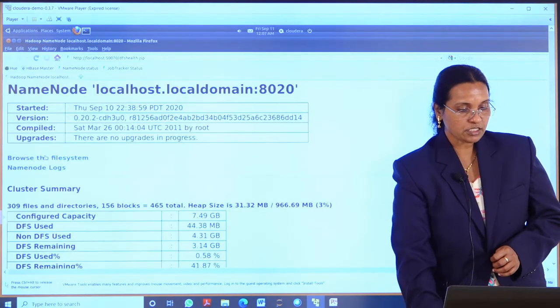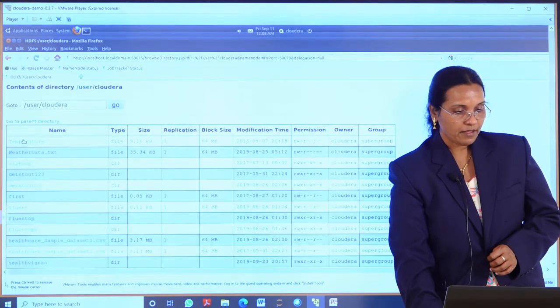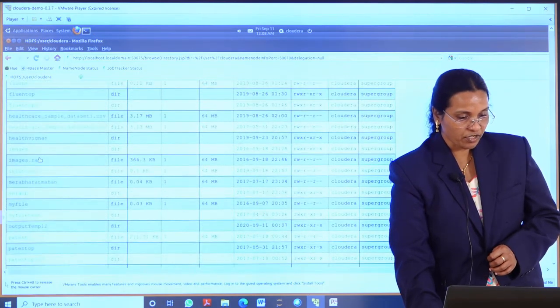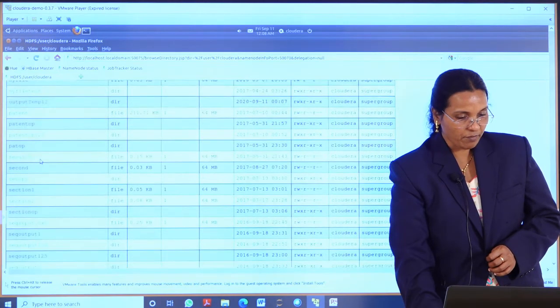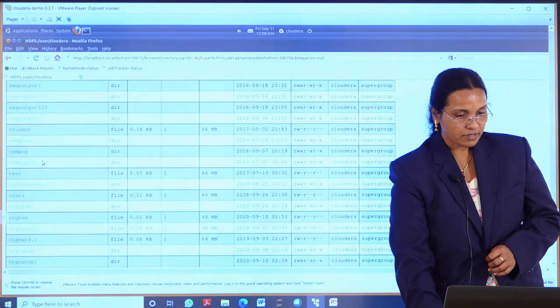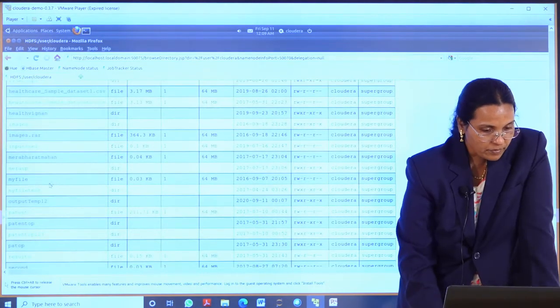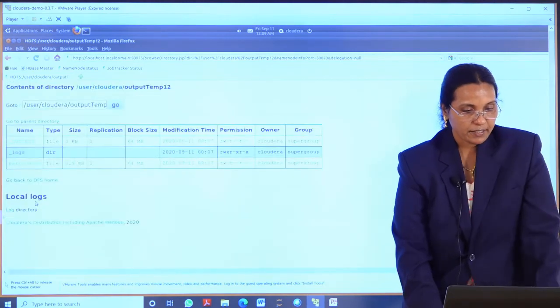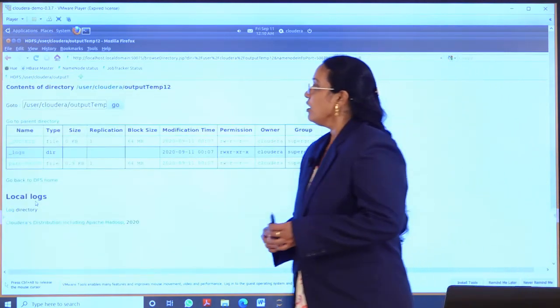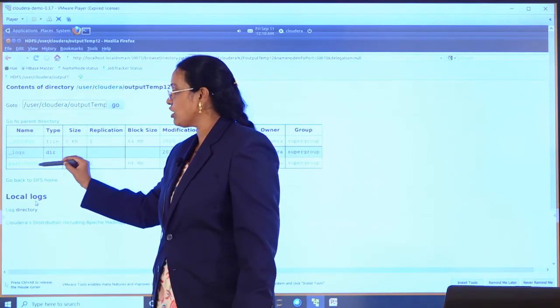Name node status, browse file system, user, Cloudera. What was the output file name we have given? Output temp12. In this we have got 3 files: success, logs, and